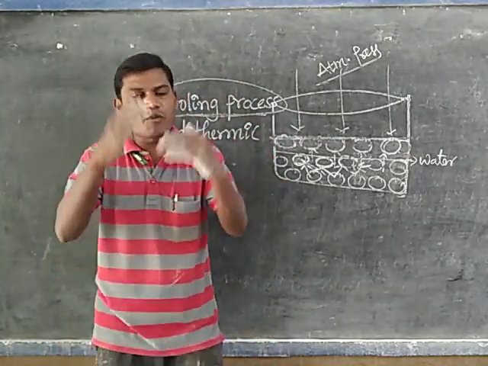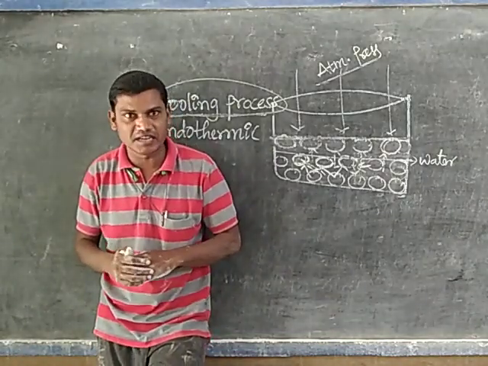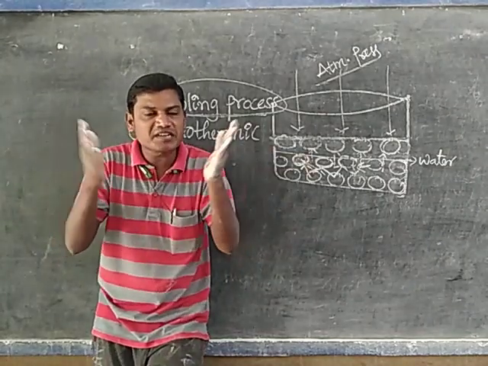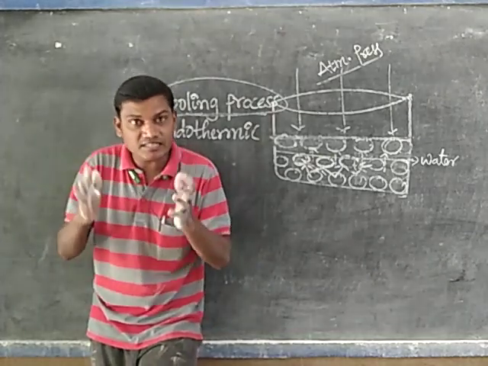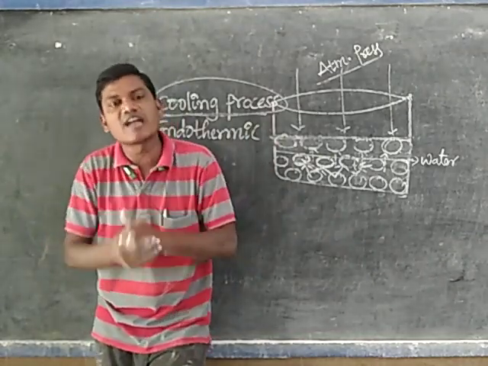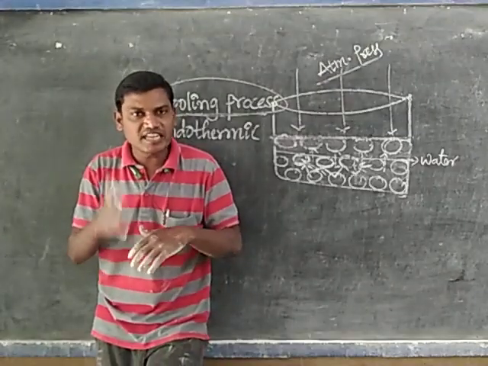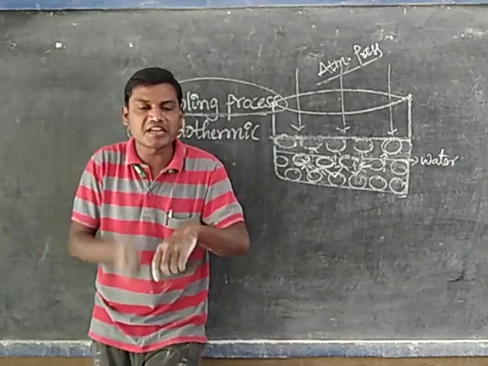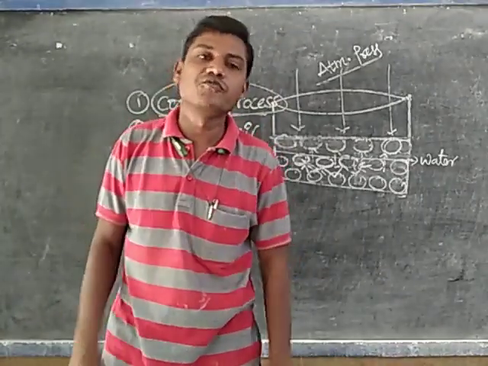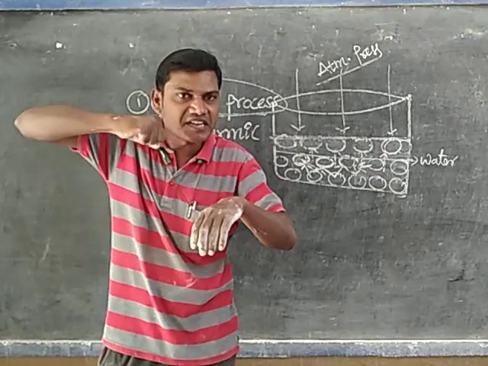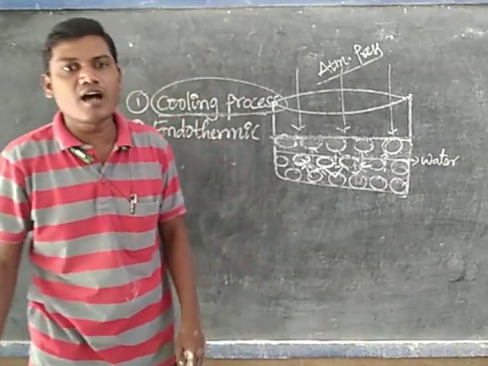What is the reason? The boiling point of petrol lies between 15 to 20 degrees Celsius. Generally the normal atmospheric temperature is 20 to 22, or it can be 30. That's why the atmospheric temperature is more than the boiling point of petrol or spirit. So when they fall on our skin, the petrol particles immediately absorb some heat energy from our skin. Our body loses a little bit of heat energy, and due to that, you feel the coolness.